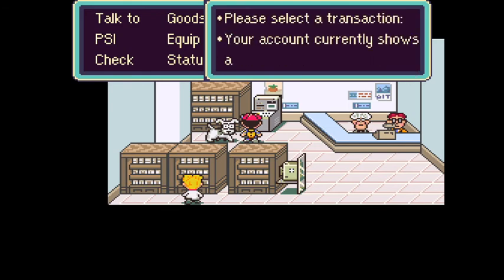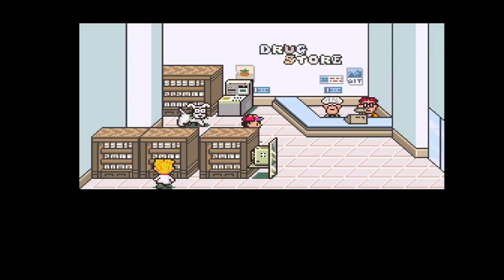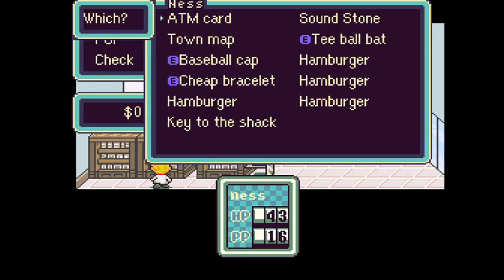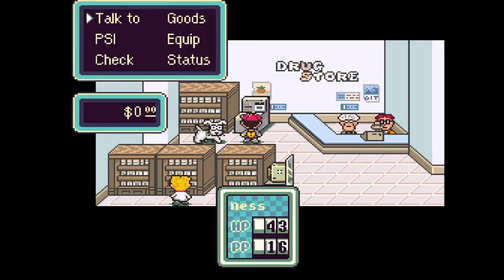Welcome to the automatic teller machine. We are doing a withdrawal. Wait a minute. Okay, so I do have 3 empty slots. Ness is proof that...